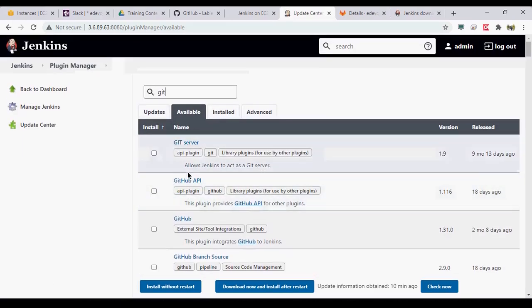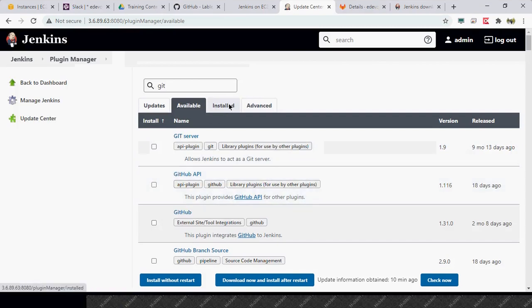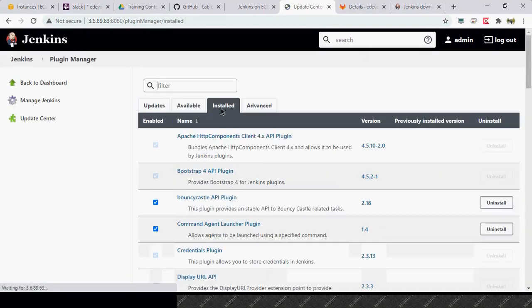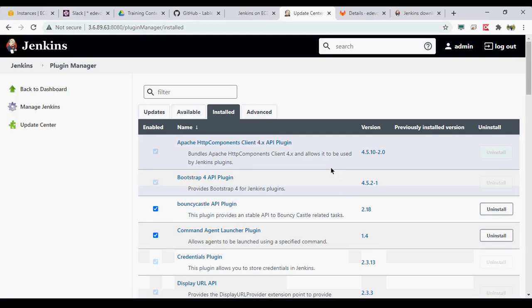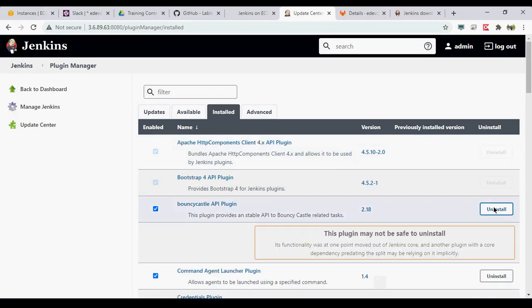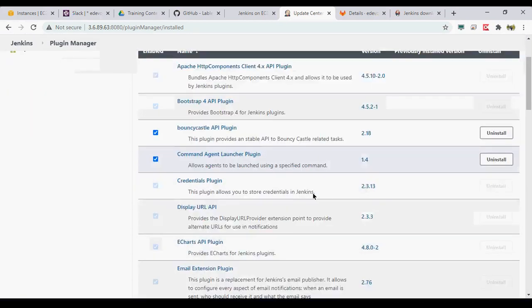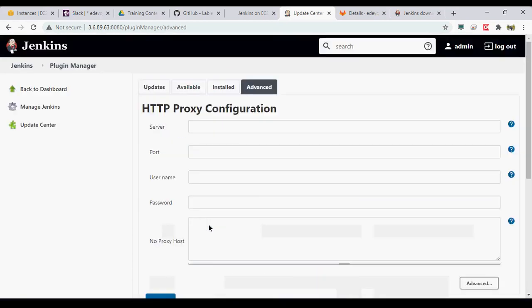It's just like around Git. So you have different taggings available also. Okay. If you have some plugin which you want to upgrade, if it has a new version available, that would also come here. Okay. You can get a list of plugins which are installed. So you can also uninstall a particular version. You see a lot of plugins here which we did not install, but they came along. So if you are behind a proxy, you can configure your proxy.